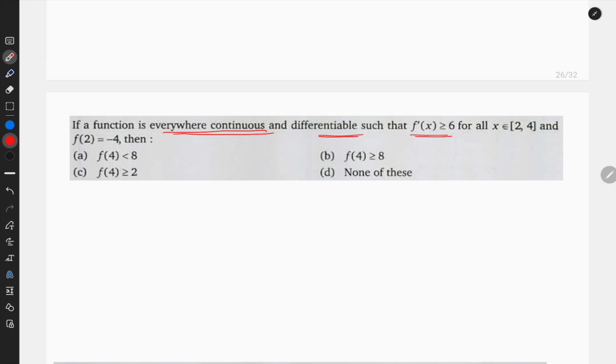Then which of the following options are correct? It is given that f is continuous and differentiable on the interval 2 to 4, so f is defined on that interval. Also it is given that f of 2 equal to minus 4,